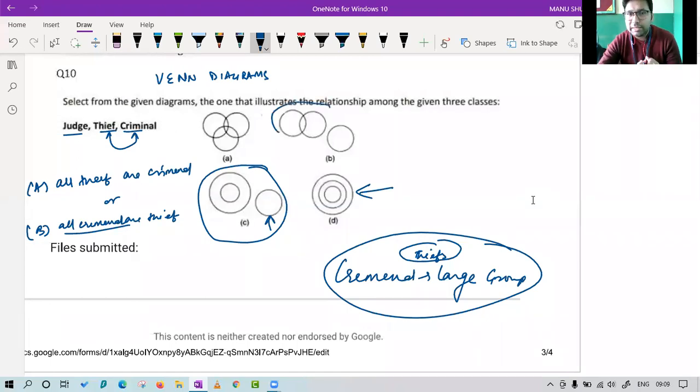Then this is saying that some are common only, but we know that all the thieves are criminals. So we cannot say they are in common. That's why this is wrong. If you say this is criminal and this is thief, it actually means these thieves are criminals. But we know that all thieves are criminals. Everyone who does something offensive in terms of law is a criminal, but not a thief. So it is not important that all the criminals are thieves. Yes, Ananya. That's why this is the correct option, option number C.